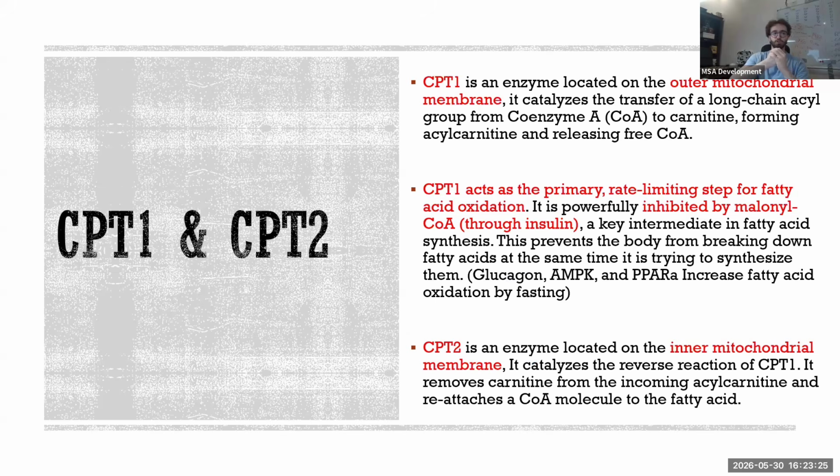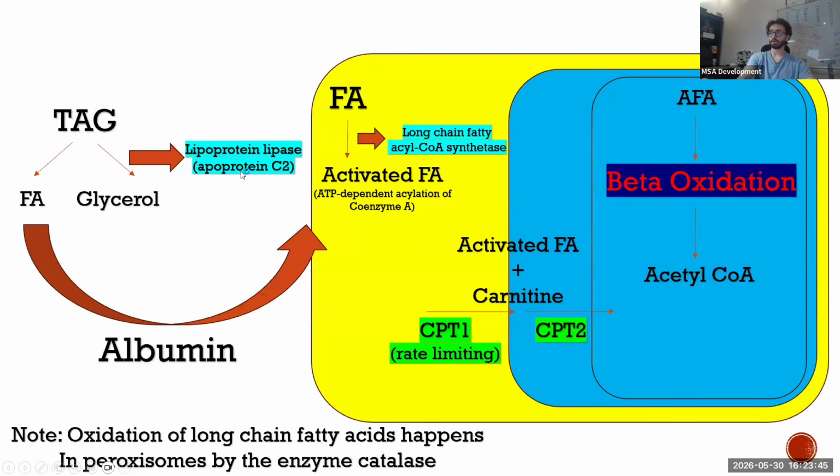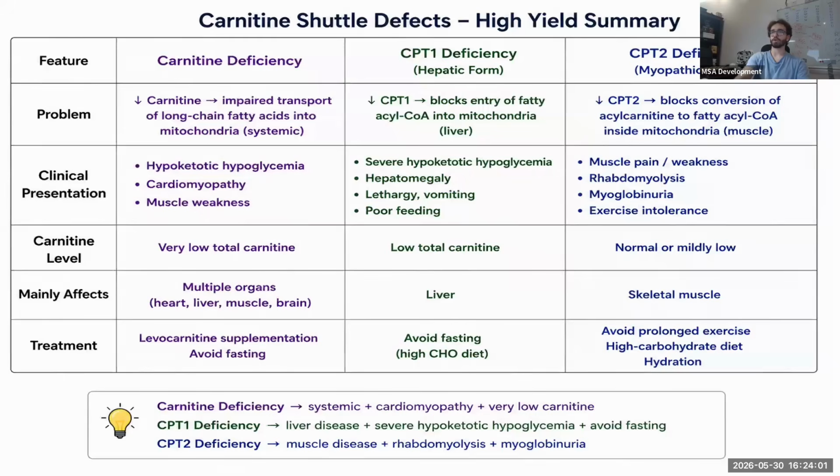Now we're going to talk about the deficiencies of CPT1, CPT2, and carnitine. We're going to start with carnitine deficiency, meaning all of the carnitine in the body is not there. That's why we have very low total carnitine. This will lead to what? Impaired transport of long-chain fatty acids into the mitochondria. Why? If we go back here, if we don't have carnitine, CPT1 and CPT2 are working, but if there is no carnitine, again, the country will not let me in because I'm not going inside with the American citizen, as in the example I'm giving you. But this is what will be impaired in carnitine deficiency.